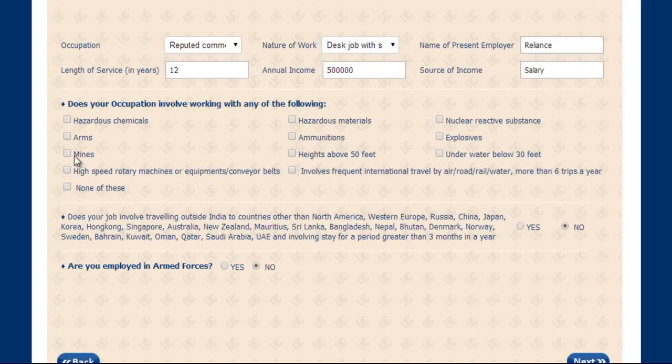So are you working in mines or underwater below 50 feet or something like these. So you have to choose an option here. So I'm choosing none of these, and then you have to choose these options, like are you employed in armed forces or not, or does your job involve traveling outside India to countries other than these countries or not. So I've just filled some